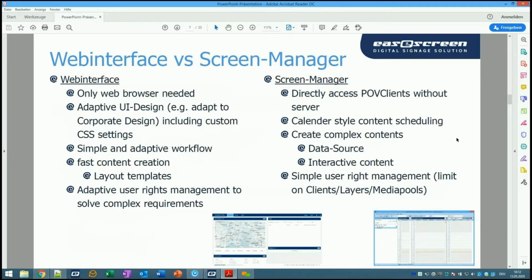So if we continue, a small comparison of the web interface and the screen manager. For those of you who know the screen manager already, the web interface needs only a web browser, so you don't need to install an application somewhere. You just start your web browser, log into the easescreen cloud or your on-premise web interface, and then you can do all the normal signage content management stuff